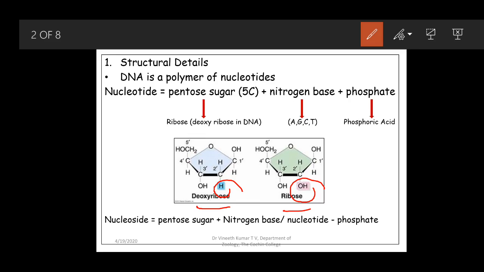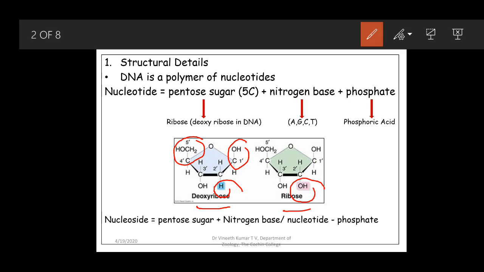So we were discussing the pentose sugar that is present in DNA. As you can see here, the structure of the deoxyribose. It is called deoxyribose because at the 2' carbon of the pentose sugar, the hydroxyl group is replaced by hydrogen. Coming to the other positions which are important in our discussion of DNA structure, there is the C1 hydroxyl group here, and the other one is this 5' carbon which is marked there.